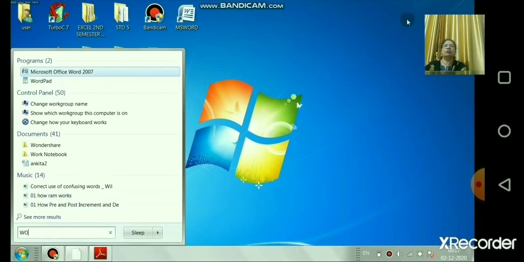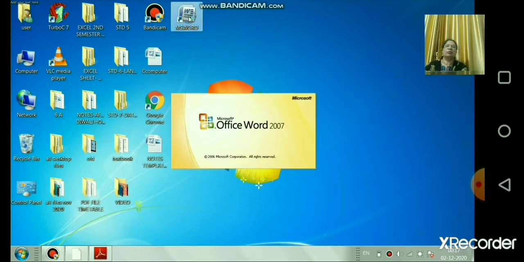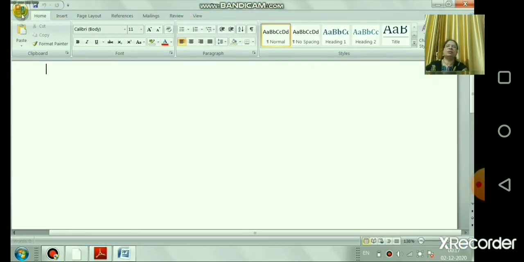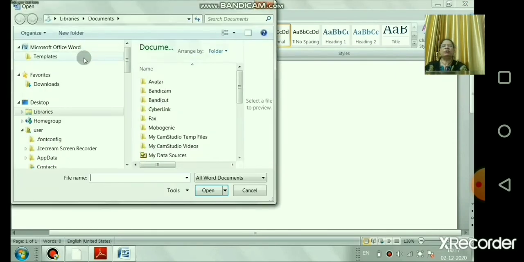So what will you do every time? You will go to the start button and you will open it, right? So that we will create. Last time we have learned, can you see the jump arrow is there? So that is a shortcut. Here I have created a Microsoft Word shortcut. Can you see up there a Microsoft Word shortcut, that is a shortcut icon. Once you have the shortcut icon, every time no need to go to the start button and programs and accessories, just open the shortcut and create a new file and open your file.